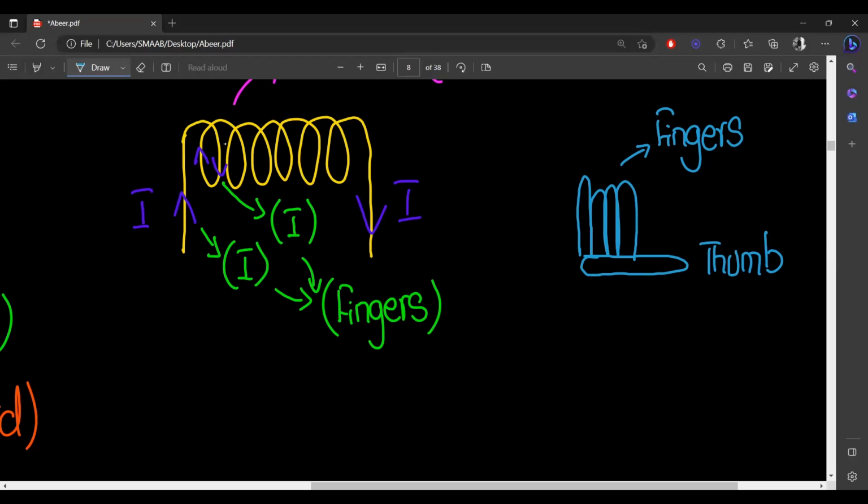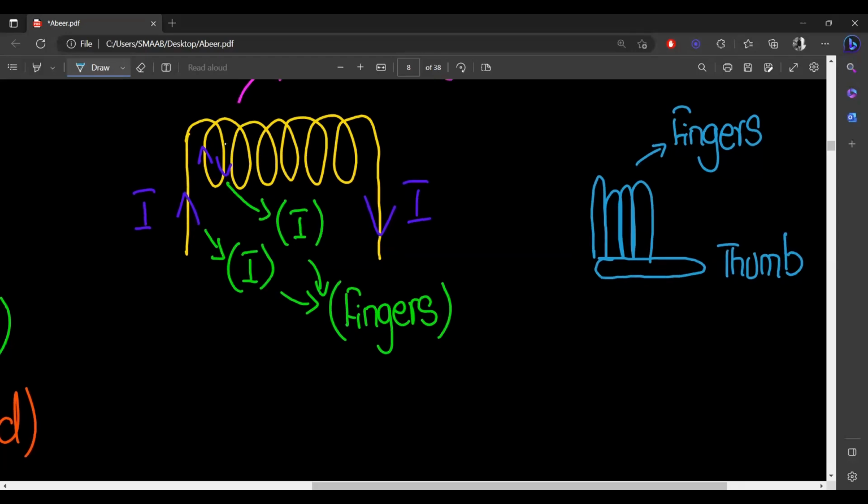So you need to curl your finger like this, so your finger will curl in downward direction. So you need to place your hand like this. Either the current is moving downward in your front, or the current is bending in the backward direction. Because in this specific condition, we consider that